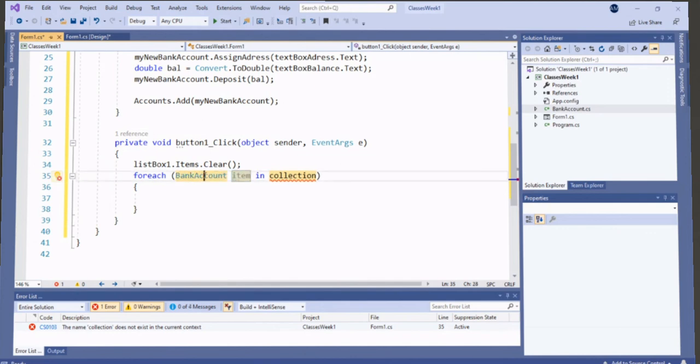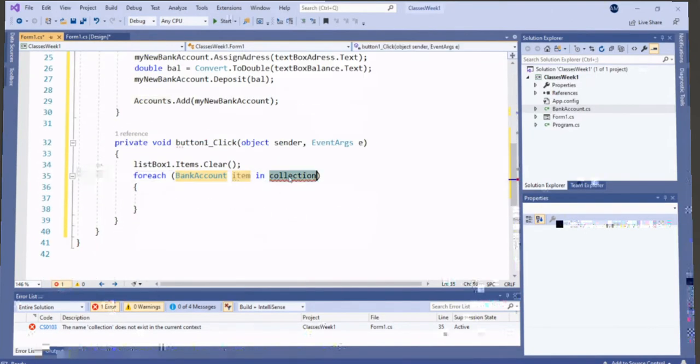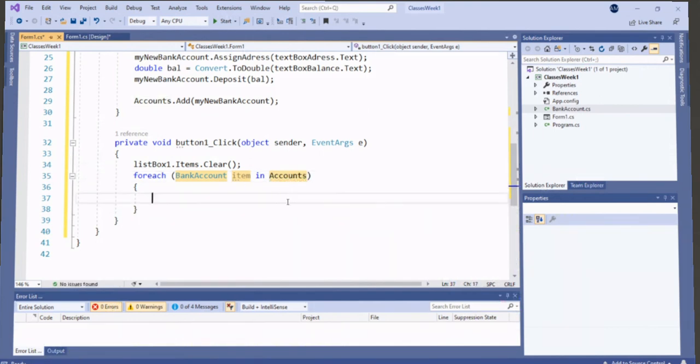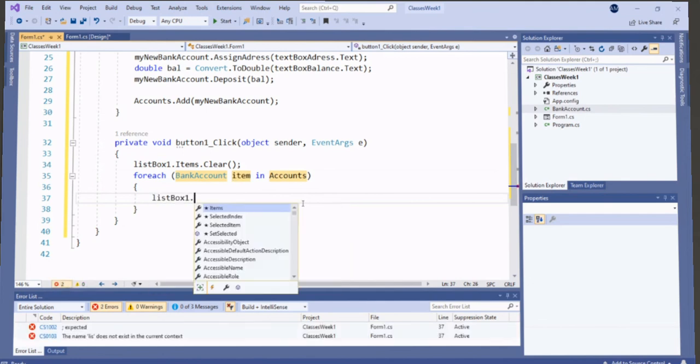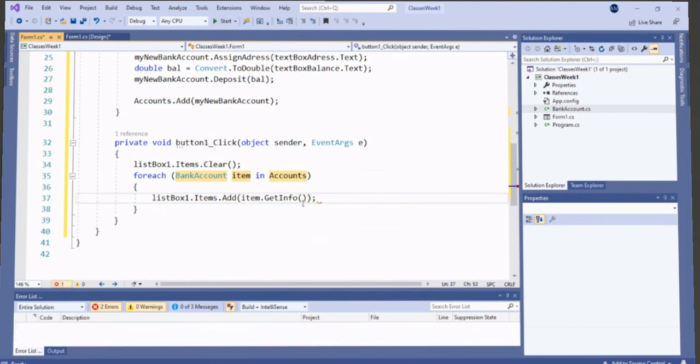The type of item would be bank account, and that item would be getting through all the accounts from the account list. And here I will say list box dot items dot add item dot get info, which is a method like this. So this item dot get info, this item is